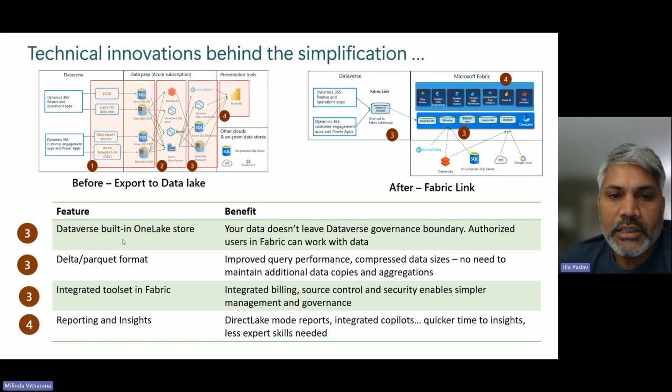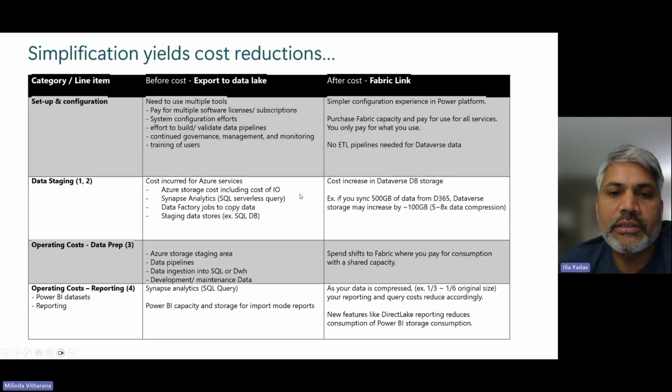So yeah, I think these are the key benefits when you enable this, the simplifications in architecture. Simplification of the architectures not only helps you govern better and makes it easy to do that, but it also reduces your operational and long-term costs, right? So if you see this slide,